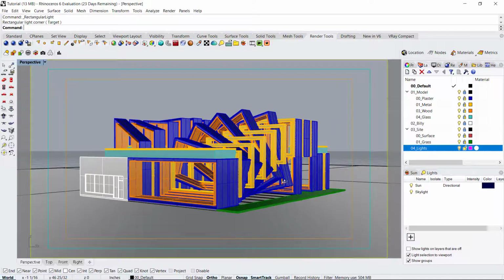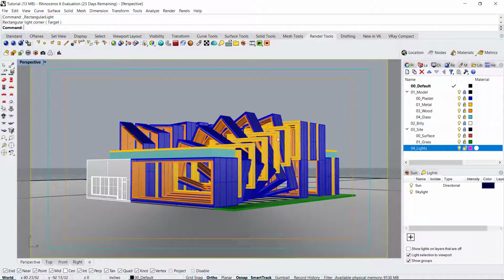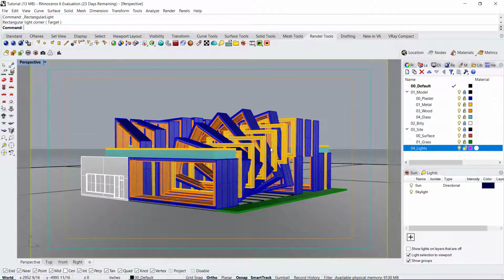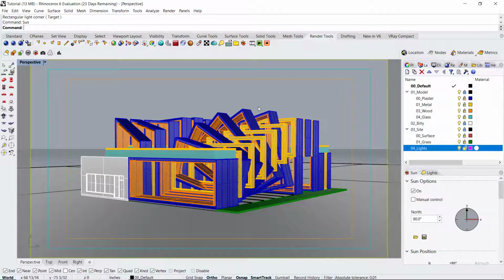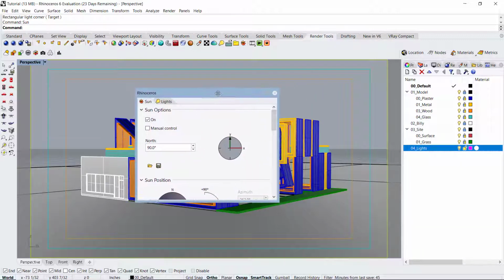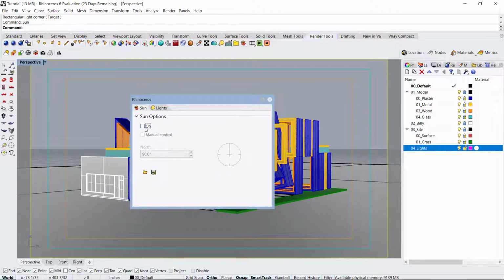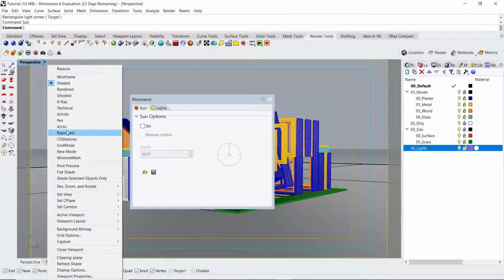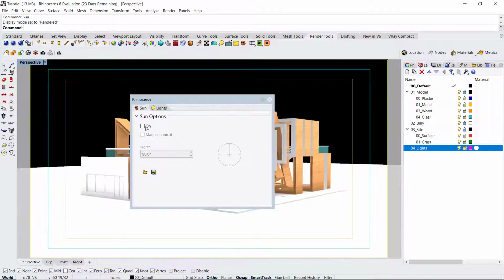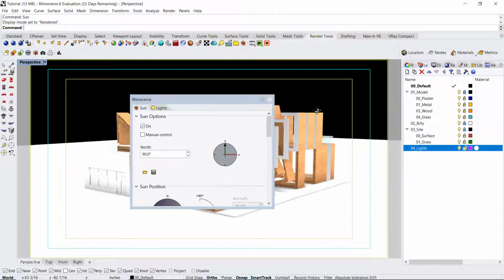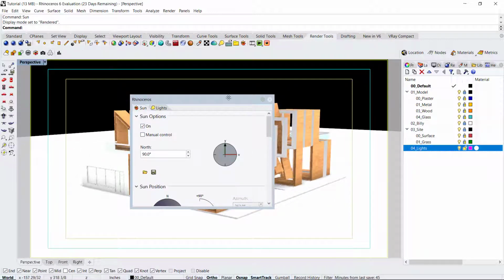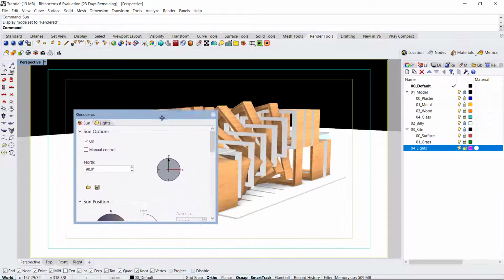So the first thing we need to understand is what kind of lights there are in RHINO Render. Now the overall basic light is the sun and the skylight. So if you type in sun or light, the light command, there will be a window that pops up. It'll show like this. Right now in presets they have it off, but for us to better see it, we need to go into render mode, turn it on,